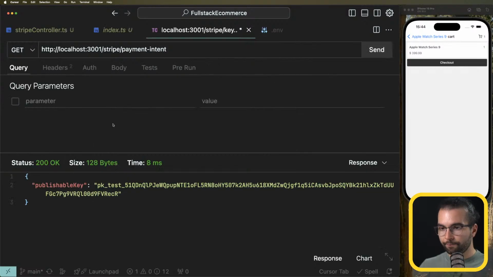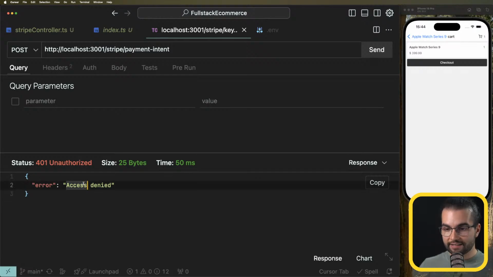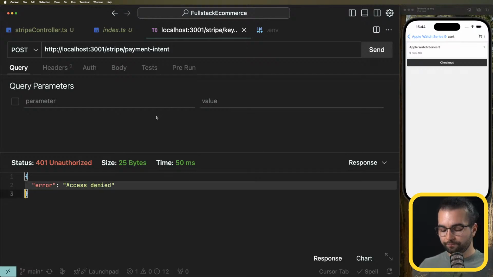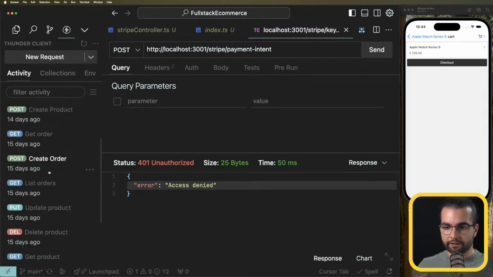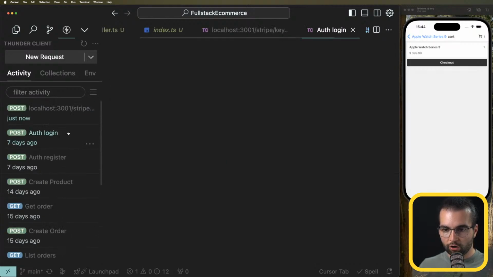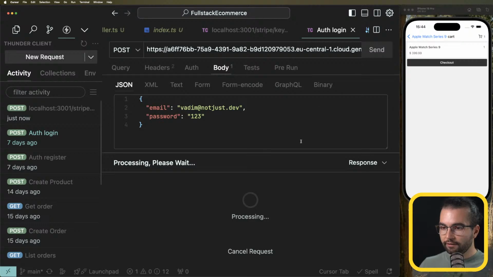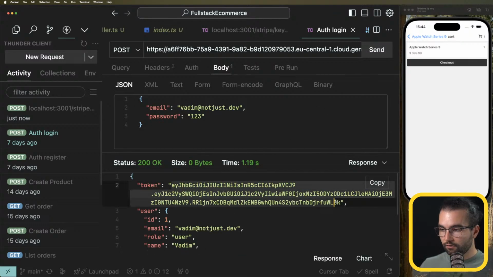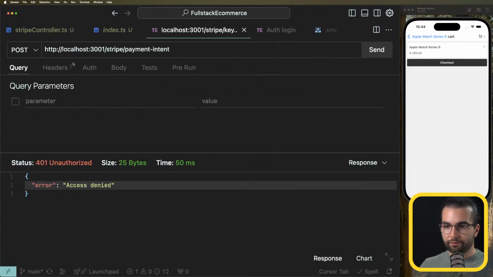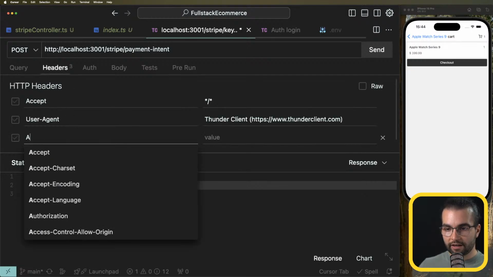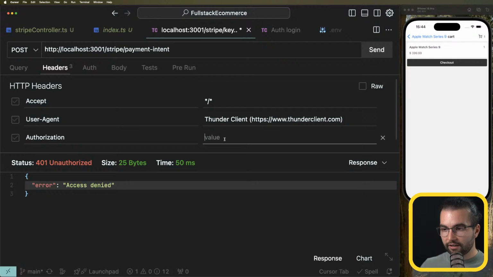Payment intent. And the request is a POST request. If I just do that, we're going to see access denied, because first we need to authenticate the user. So under Thunder Client, we can go into the login. Let's find login. Where is it? Auth login. If I do that, we're going to get the token, and I can use that token in our previous request for generating a payment intent in the headers as authorization, and the value here is going to be